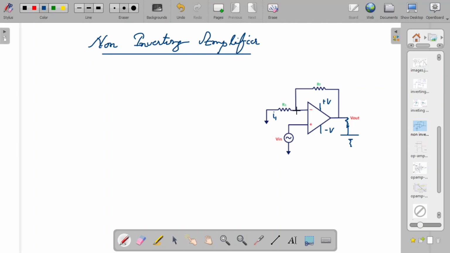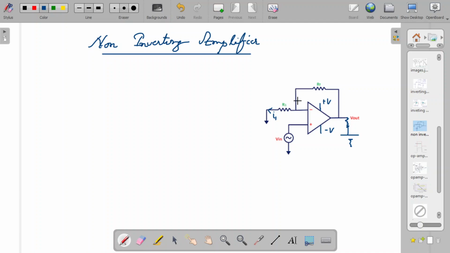But virtually you can say this voltage and this terminal voltage are the same, because the gain of the op amp is very high. Anyway, this has a potential. Since this is grounded, it is at 0 voltage, so this point has the higher potential. Obviously the current will flow from the higher potential side to the lower potential, so I can draw the current in this direction.